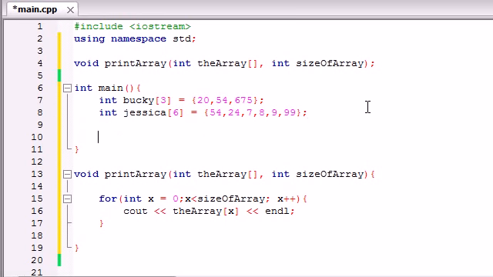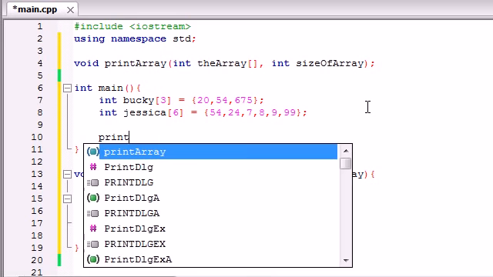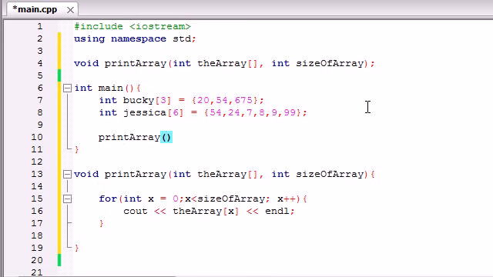So whenever we want to use this function that we just created, just go ahead and type the name of your function, print array, and give it the two pieces of information it needs. But you know how at the beginning of this tutorial I said that there are a couple of tricky things that you guys need to watch out for? This is one of them. You might think in the first parameter you might type Bucky or Bucky square brackets or Bucky square brackets 3, but actually the only thing you type is the